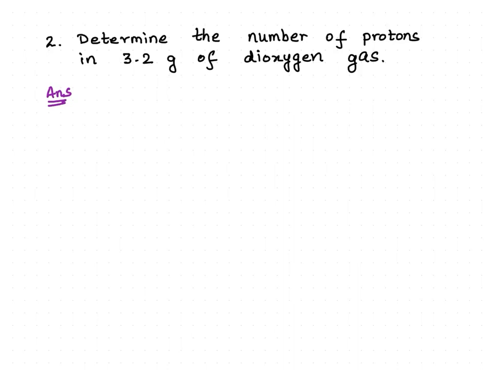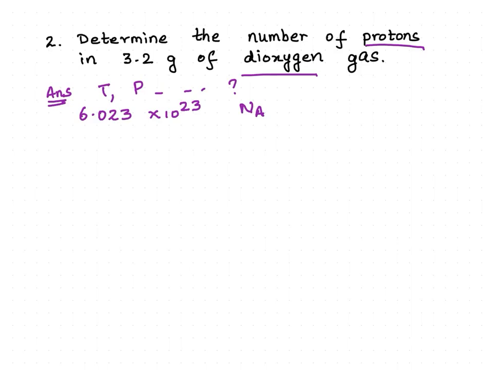Now it's a very odd kind of question. We are asking you the protons, and we are not giving you any temperature, there's no volume, there's no pressure, right? So how are we going to go ahead with it? Yes, we are going to apply the Avogadro concept. Equal volumes of all gases under similar conditions of temperature and pressure contain the same number of particles, and that number of particles we had said was the Avogadro number, and I'm going to take it as 6.023 into 10 to the power 23 as the Avogadro number to solve this numerical. Go ahead, pause the video, try it yourself first.